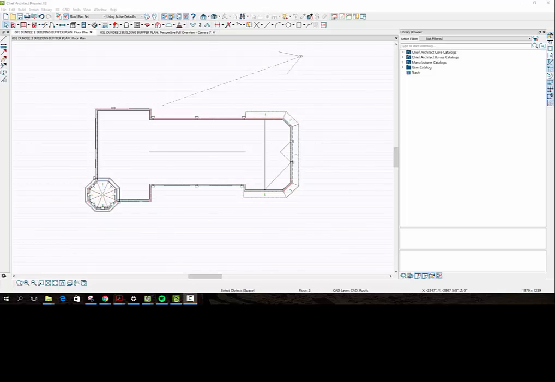I was drawing a roof plan for a small shopping center, and I thought this would be a good opportunity to demonstrate some of the abilities of Chief Architect in CAD mode, so you could quickly take advantage of the CAD functions, which have gotten so much better over the years. So here we are,